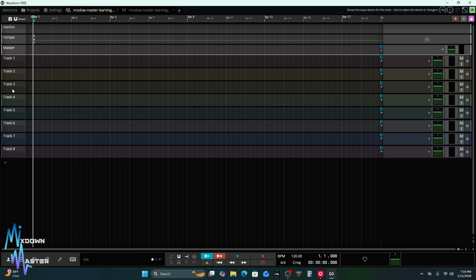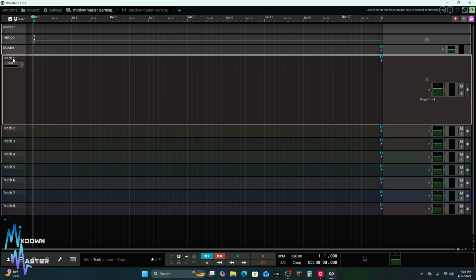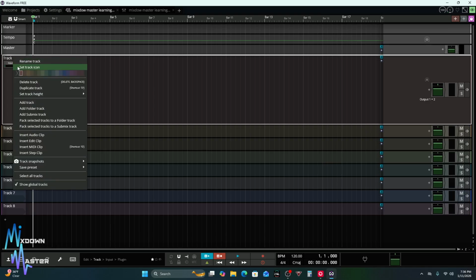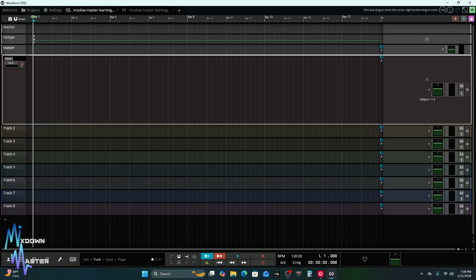All right, so what we're going to do here is we're going to make a little bit of a template, and I'm sure I'm going to get some things wrong. That is quite all right. But I know I am going to use certain things in almost every song. So I'm just going to get it set up and then save it so that I can come back to it with any song in the future and just start right away with things that I know I'm going to use. So first and foremost, I always use a guitar. So we're going to write guitar